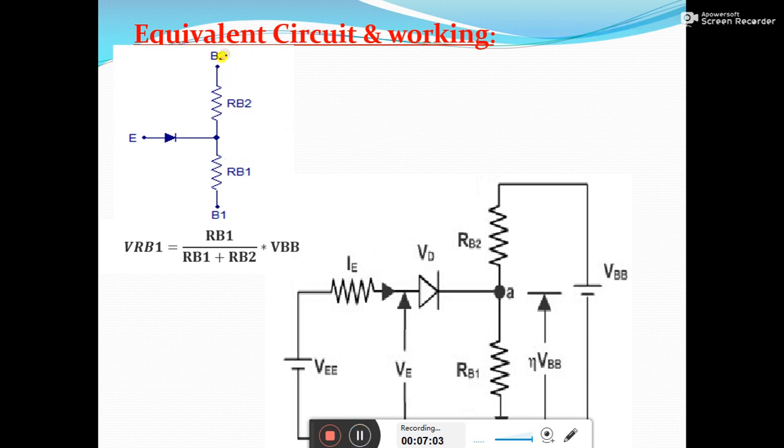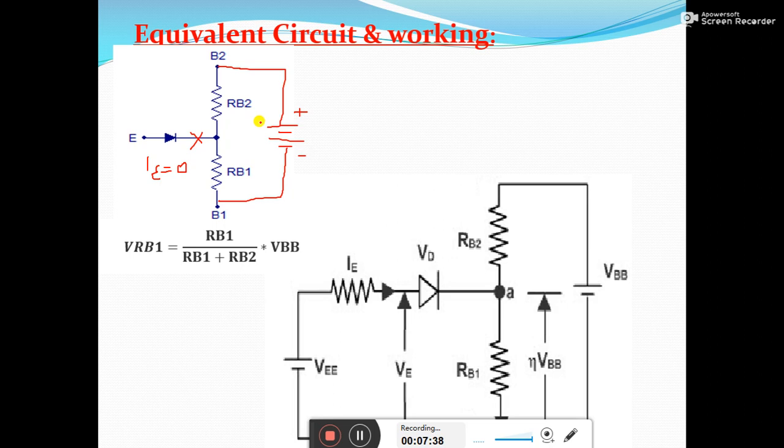Let's say there is a voltage source connected between base 2 and base 1. Base 2 is made positive with respect to base 1. We apply potential like this, and we keep the emitter terminal open, or you can say the IE is kept 0. In order to keep IE at 0, there should be no potential applied between the emitter and base 1, so let's say it is not connected at all.